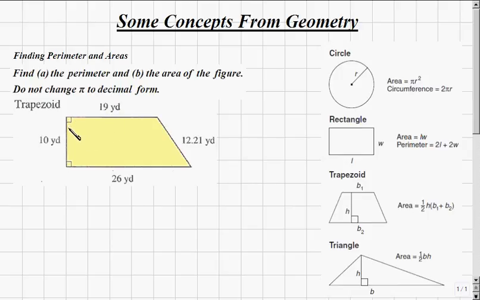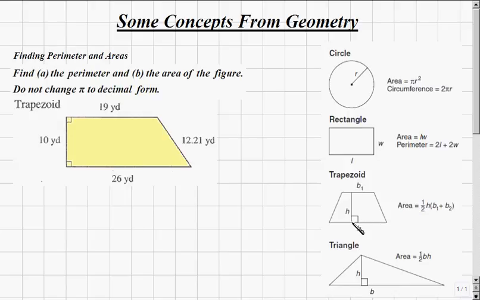To find the perimeter, we're going to add up the four sides, and that will be the total length of this figure, and that's called the perimeter. The area of it, the material on the inside, the yellow, we'll use the formula for a trapezoid. Area equals 1/2 times h times (b1 plus b2), where b1 and b2 are the two bases, and h is